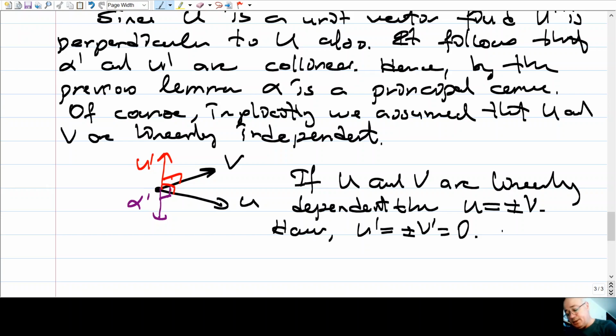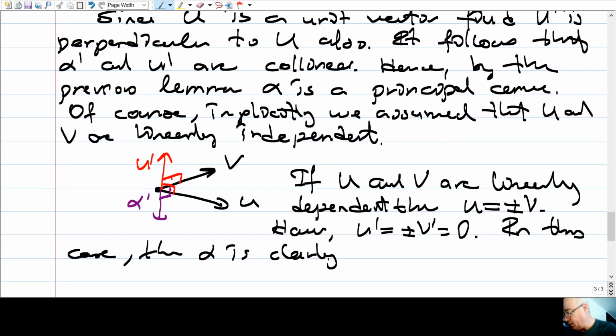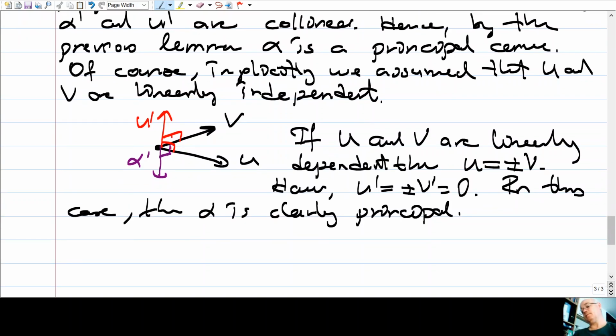Of course, if u prime is zero, then alpha is clearly principal, because it means every direction is